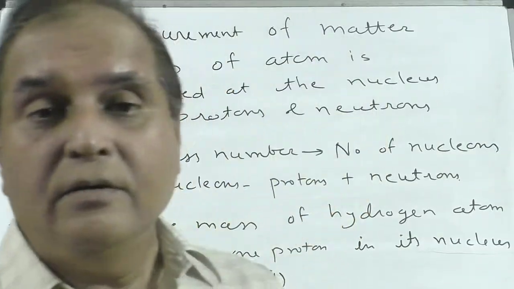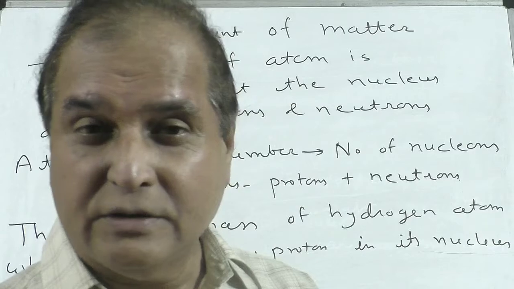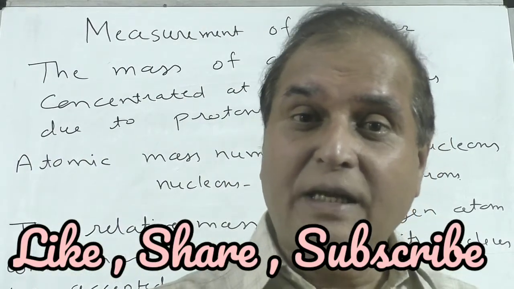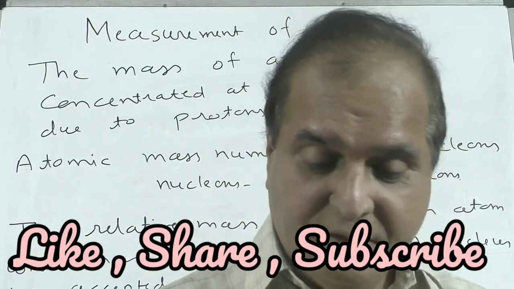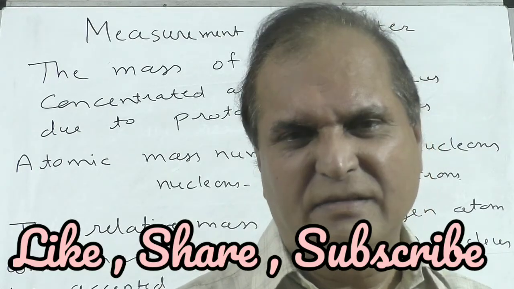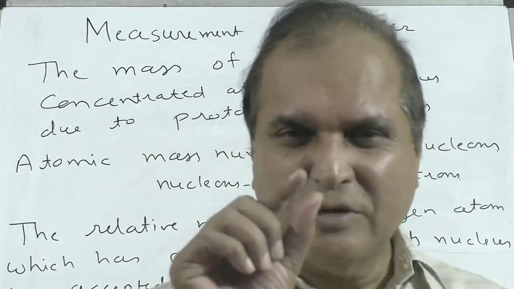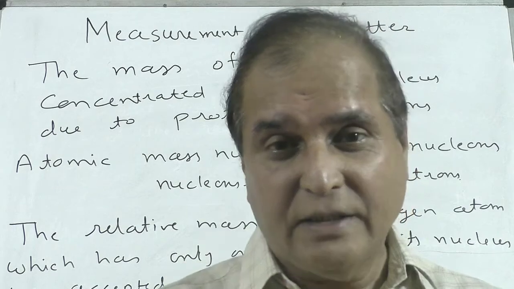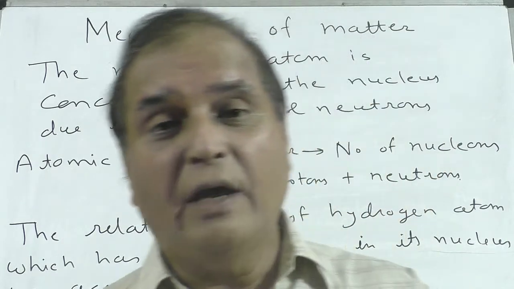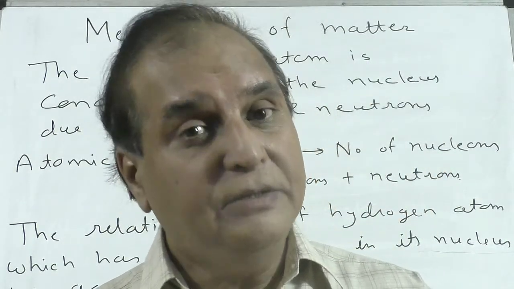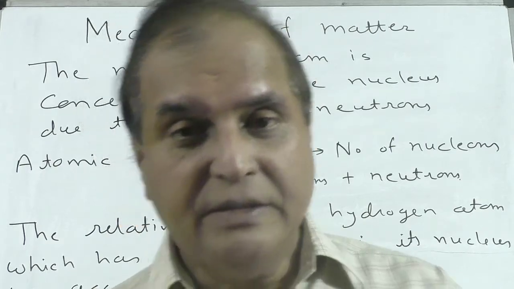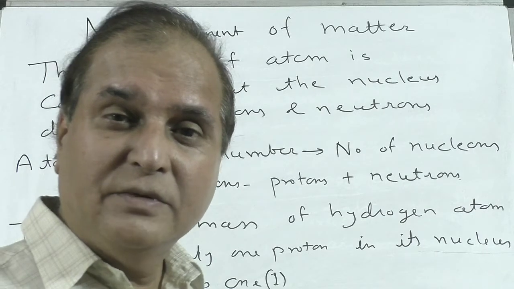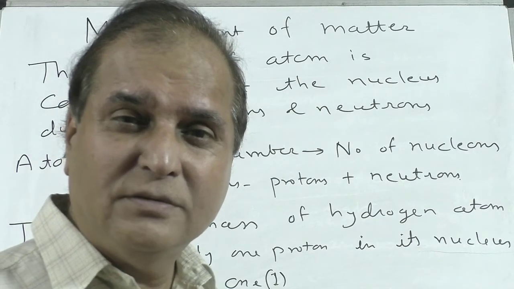Okay. Now you have studied protons and neutrons are inside the nucleus, and electrons revolve around the nucleus. The mass of electrons is negligible. So for big atoms, suppose this much is the nucleus, the whole mass of the atom is concentrated at the nucleus only, due to heavy particles, protons and neutrons. This is atomic mass. So atomic mass is the sum of the masses of protons and neutrons.